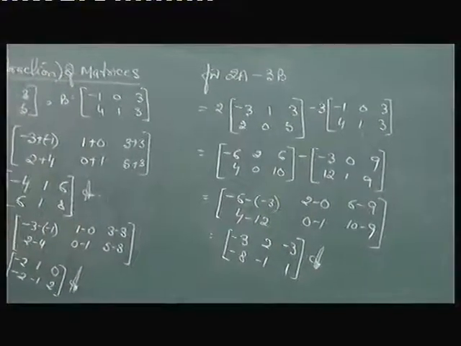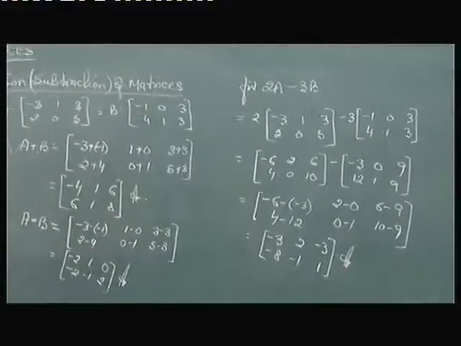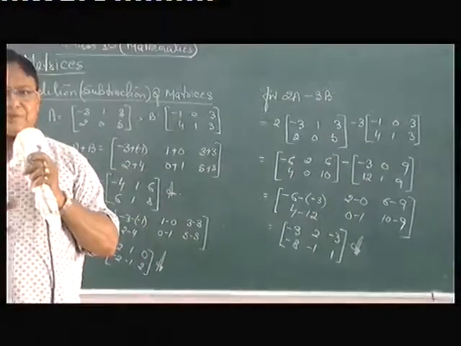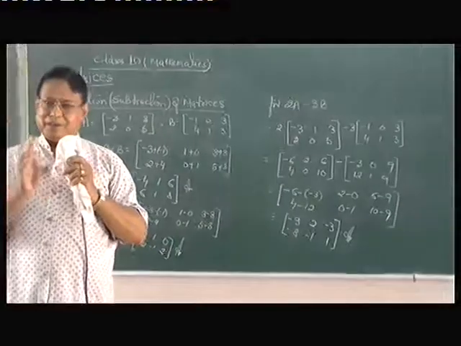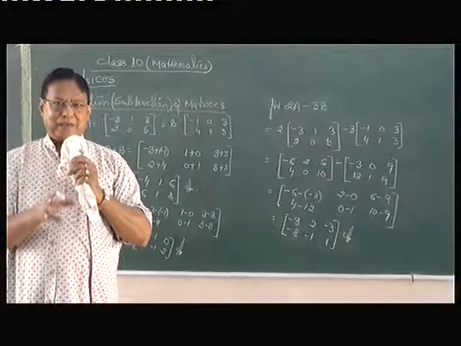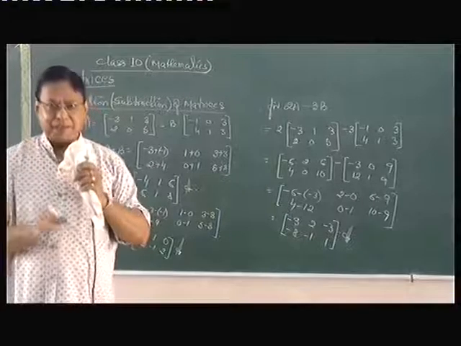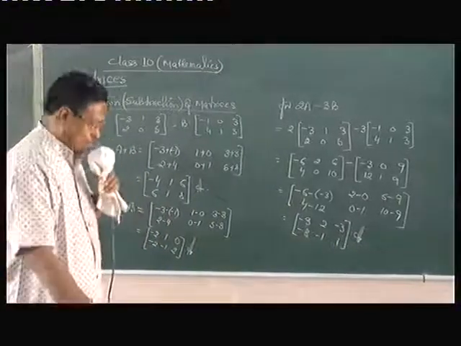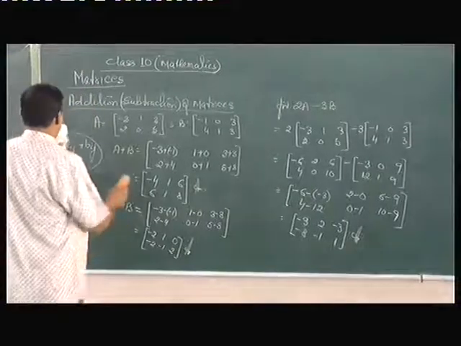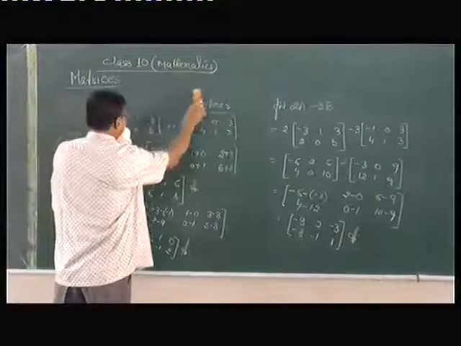So far I did this, the algebra of matrices. It's adding two matrices, subtracting one from the other. They have to be like matrices. Multiplying a matrix with a scalar means you multiply it with that number, each and every element. So this is it. Now I come to the most important, a little confusing, but don't get confused.